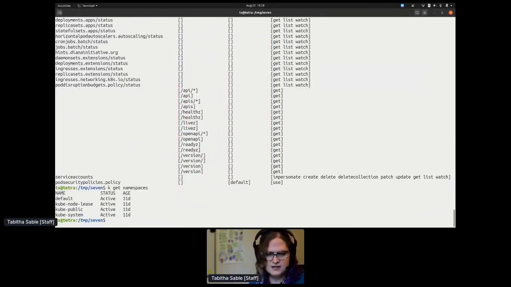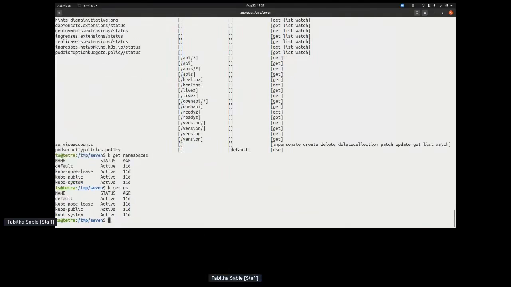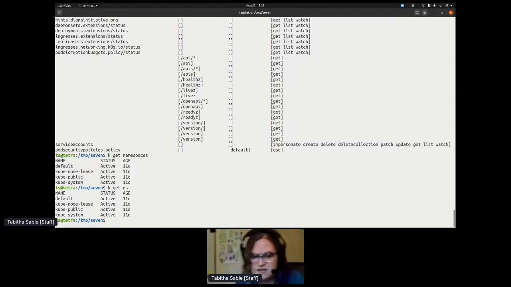The kubectl utility is designed with the fact that people are using it all day at their day jobs in mind. So most things you can abbreviate somehow. So I can also get ns, and it's the same thing. Excuse me for the little bit of a blackout there. So we can get namespaces, and